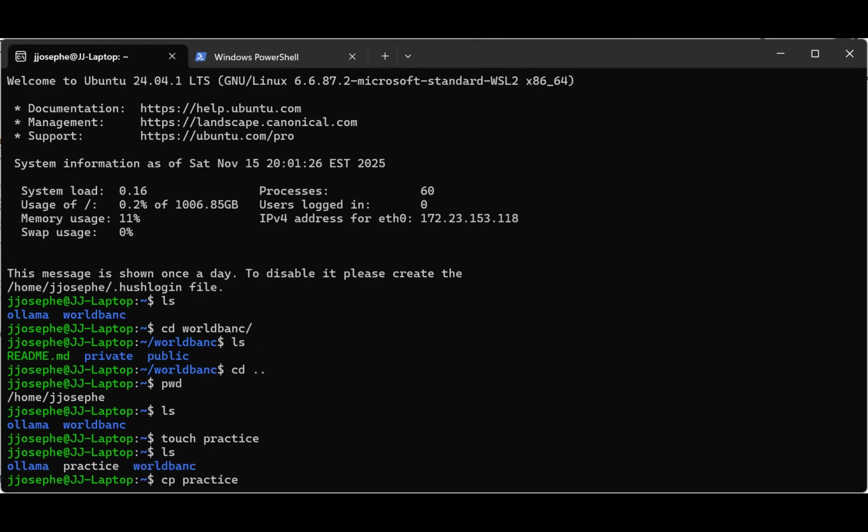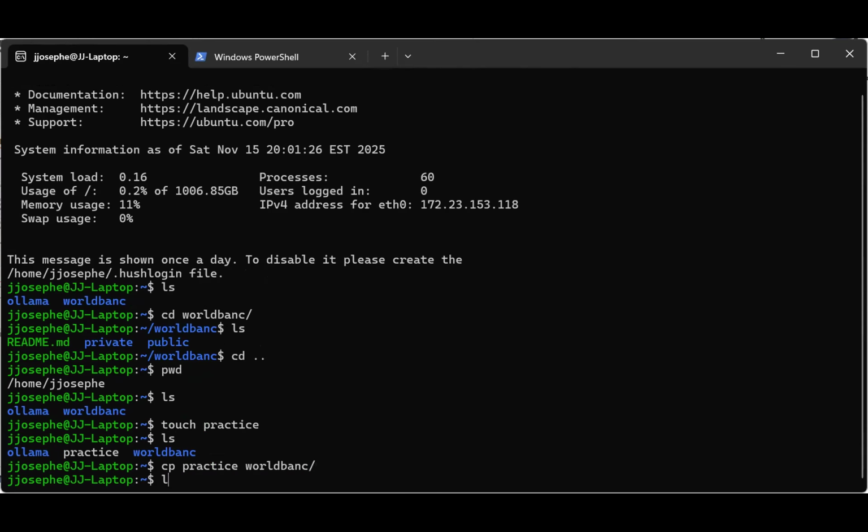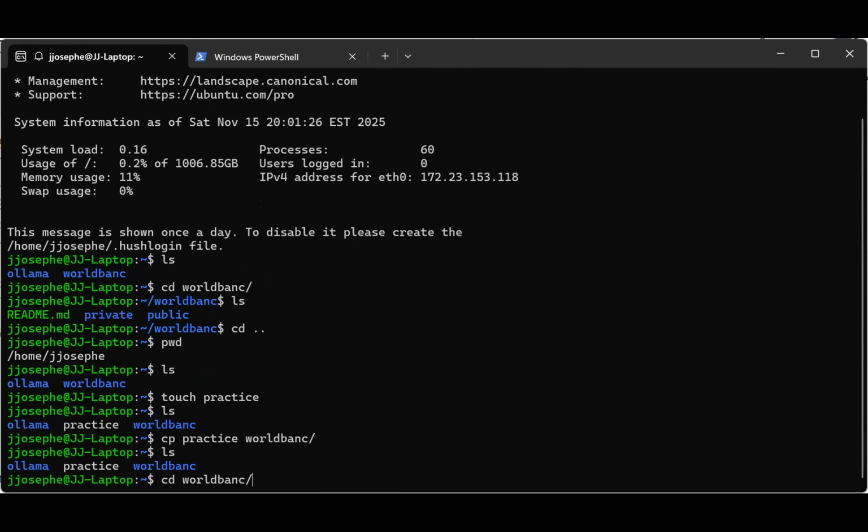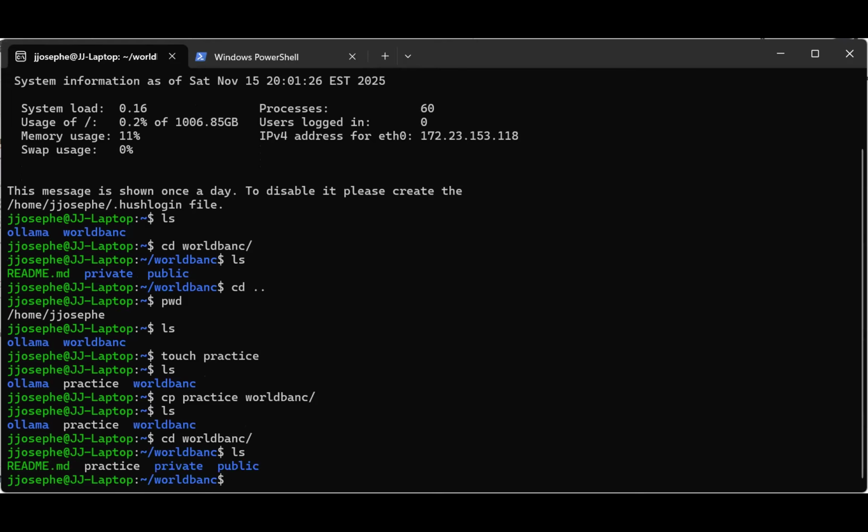So if I wanted to copy this to, let's say, not World Bank, because World Bank, that would just work. So I'll go into World Bank. It's there now. Now, if I want to copy it to the private inside of World Bank,